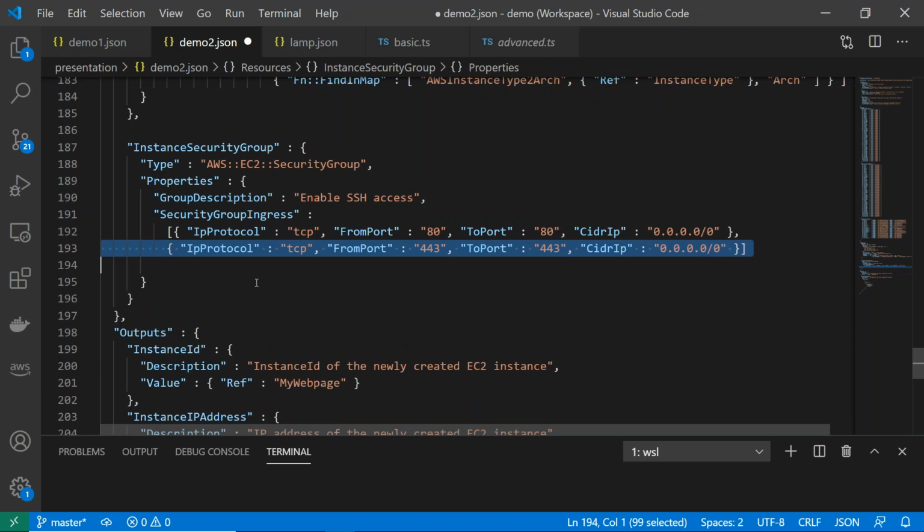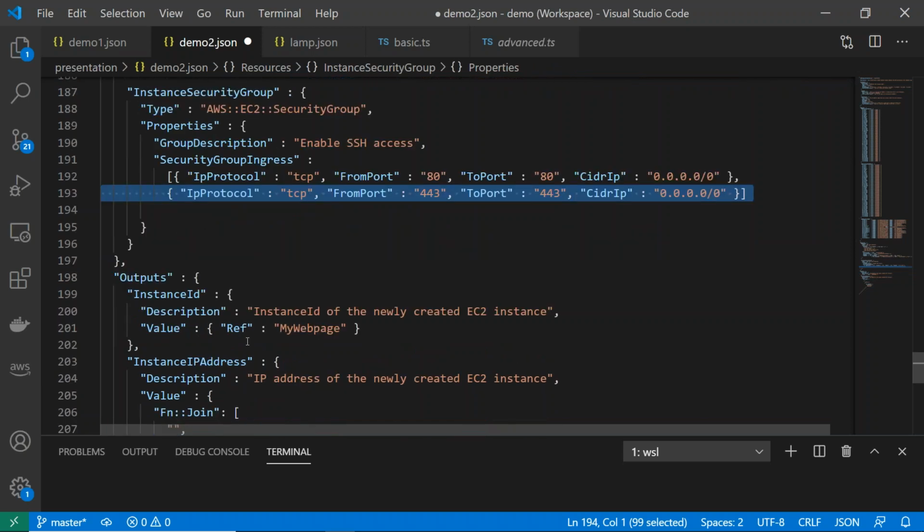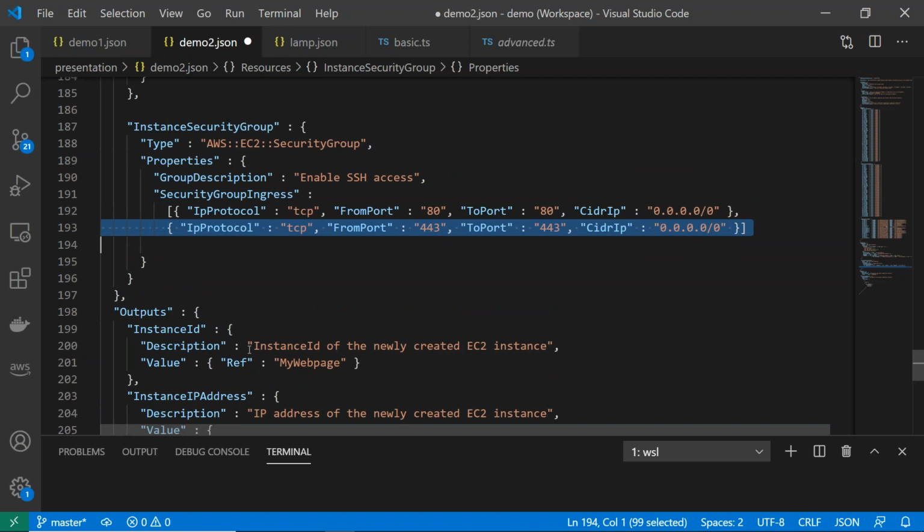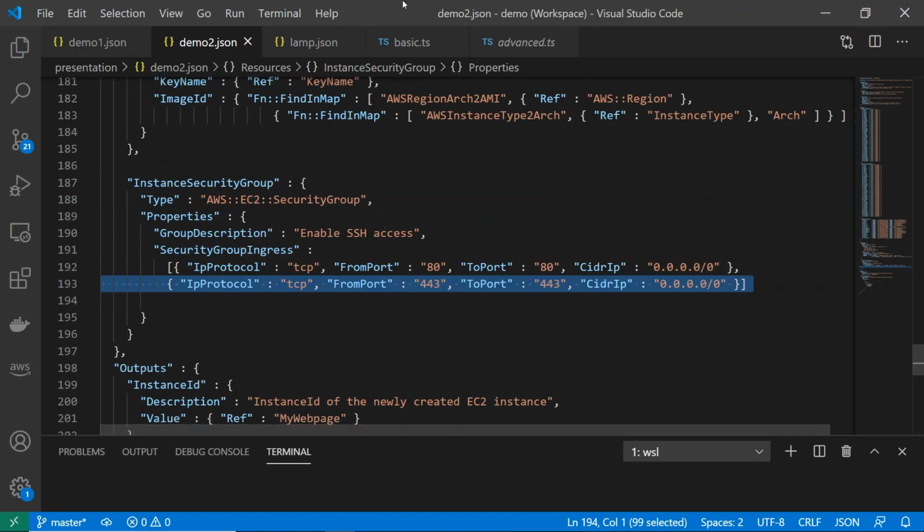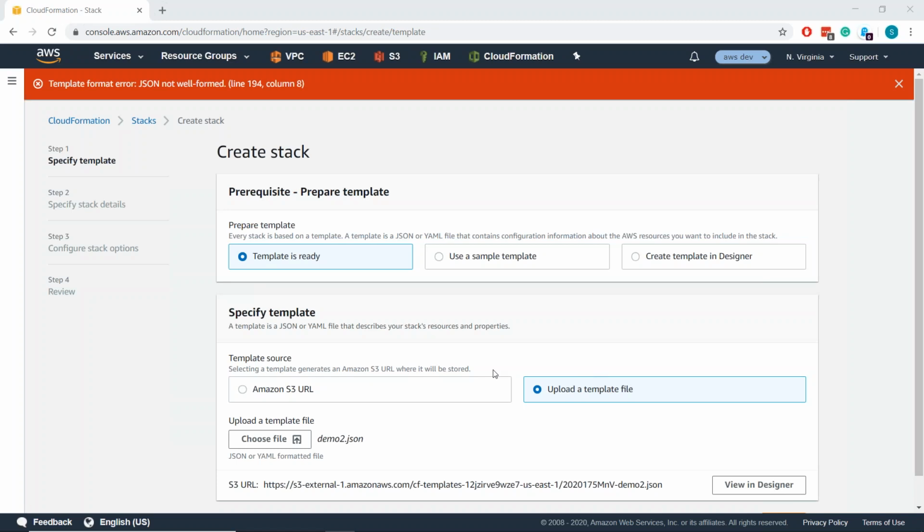Imagine if it wasn't, you know, I've got 221 lines. What if it was 1,000 lines? That might be a really painful way to try and figure out what's going on. My point I'm trying to make with this is that your JSON or your YAML can be brittle, can be hard to maintain. And just doing it in this kind of code can be difficult. All right, I think it should work now because I changed it back. Let's do demo 2.